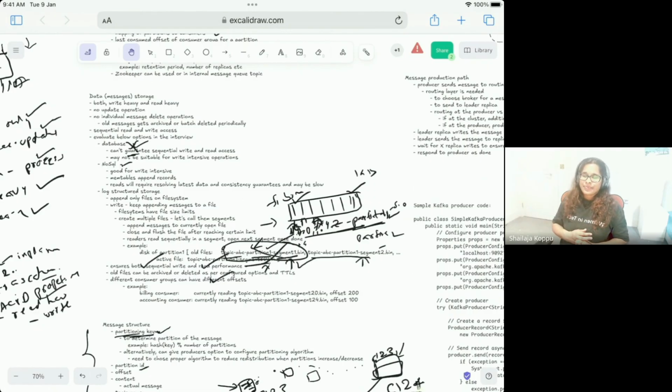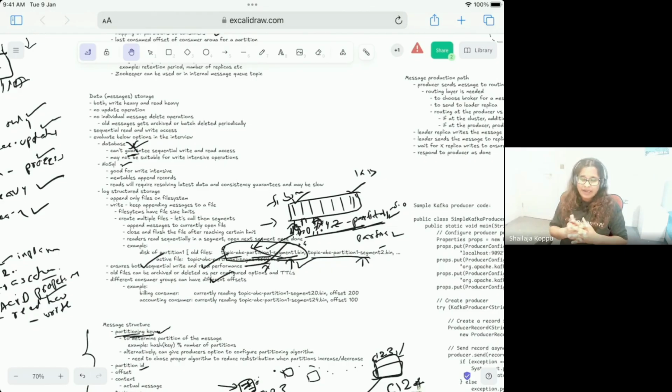So those databases' usual internal design, I wouldn't say all databases are like that, but most databases' internal design is optimized for a different purpose. So you don't really have control over how those records are stored in a database. For example, if a table has 10 records, these 10 records can be scattered in very different places on the disk. One record could be on one disk, and another record on another disk. So the database doesn't really ensure that all the records of one table are written together in a sequential way.